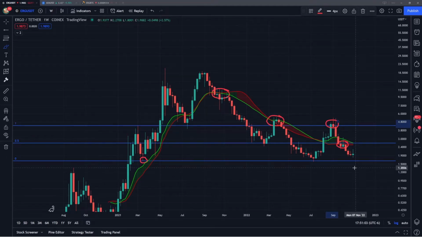Now, I do want to make a point about this longer term range by comparing Ergo in this current market cycle to Cardano back in the previous market cycle. And we've done this before on the channel, but I really want to go in a little bit more extensive analysis between the two. And again, we're not doing this because they're similar in fundamentals any way, shape, or form,